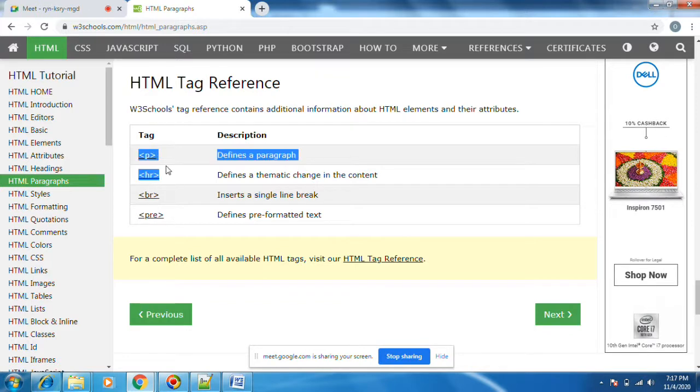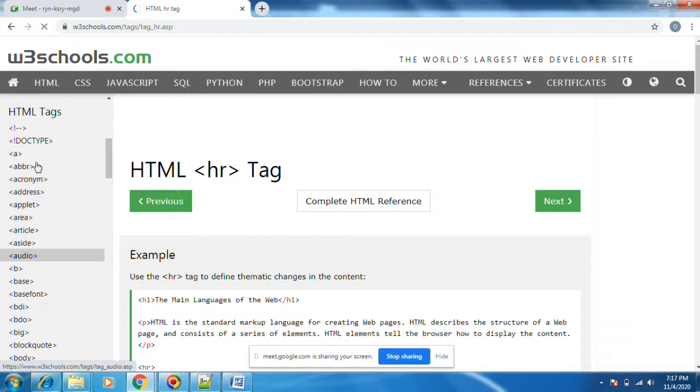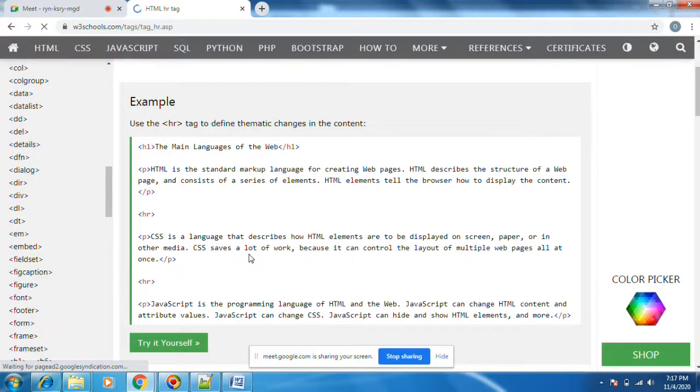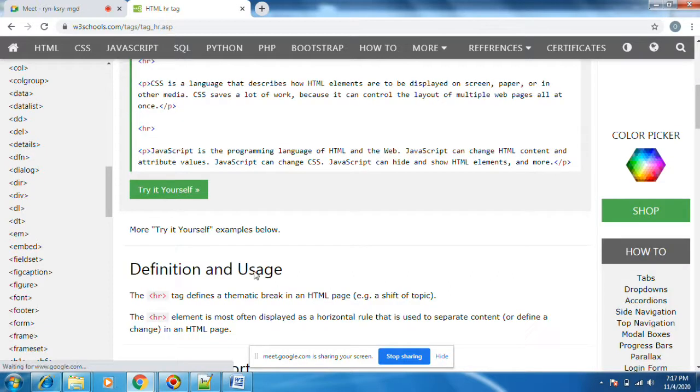Till now we have discussed HR, which defines the horizontal ruler. All the tags are defined here. They have kept HR, horizontal ruler.